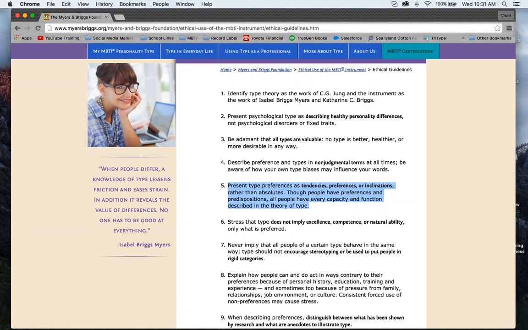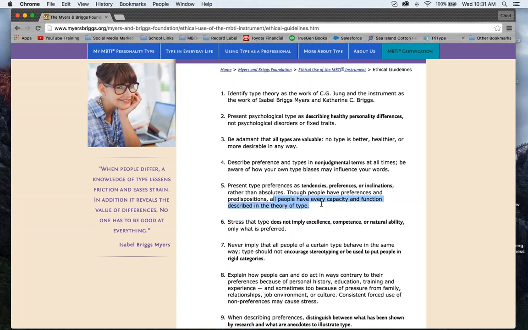That is not fair to the other types, nor is it accurate in MBTI theory. Okay, so that is directly against this particular tendency, preference, or inclination rather than absolutes. So the bottom part here is all people have every capacity and function described in the theory of types. So saying that INFPs are not good leaders, or ISFPs can't be good leaders, or ESFJs can't be good leaders,